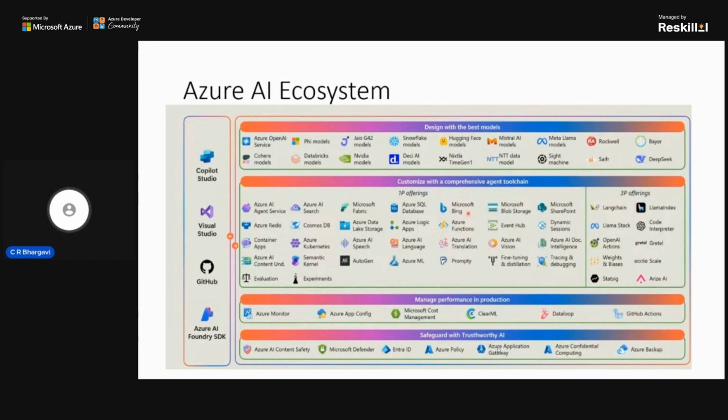That can be anything that is part of the ecosystem, and you can use it inside Copilot Studio or Visual Studio, GitHub, or AI Foundry, Foundry SDK, or anything, and that can get integrated with various models and performance, and it is all interrelated, and you can build a solution for yourself.